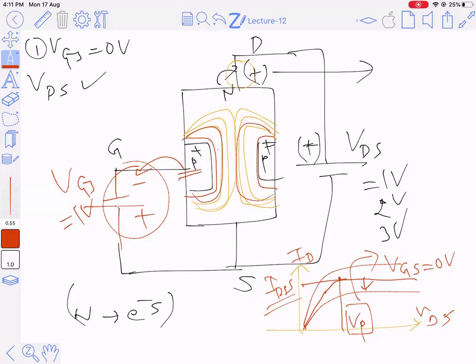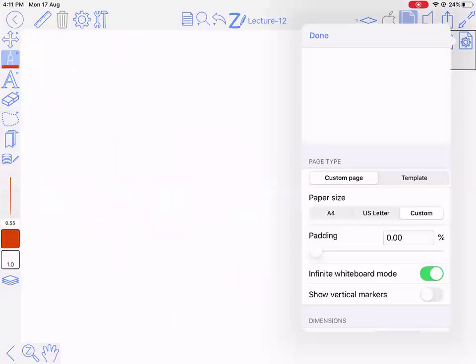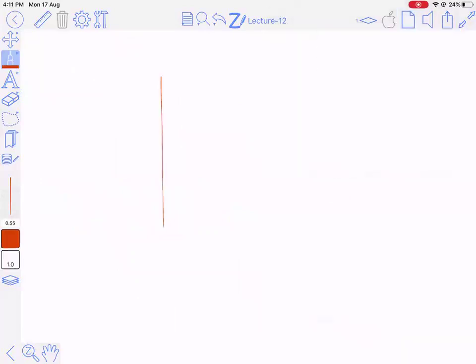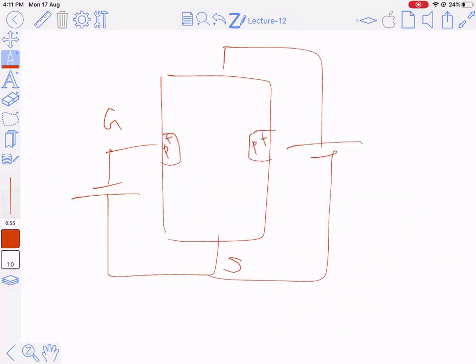Yeah, so the current has reduced. As you keep on increasing VGS in a negative manner, if I want to draw that, for VGS as -1, this was the gate, this was source, right? You had your P+, and this was N-type material, plus minus VDS. This is the drain side.